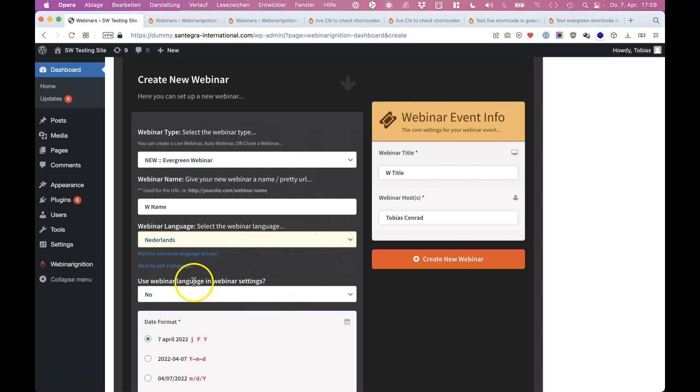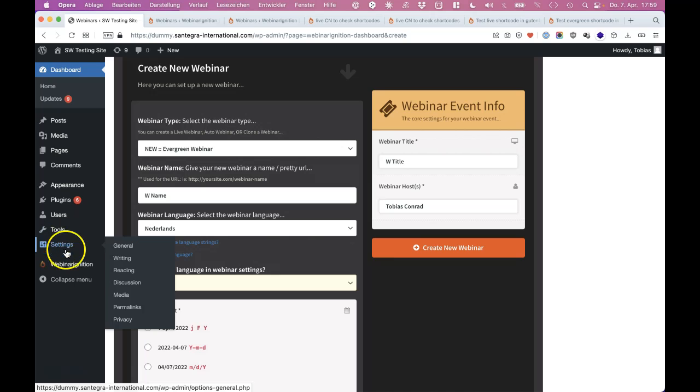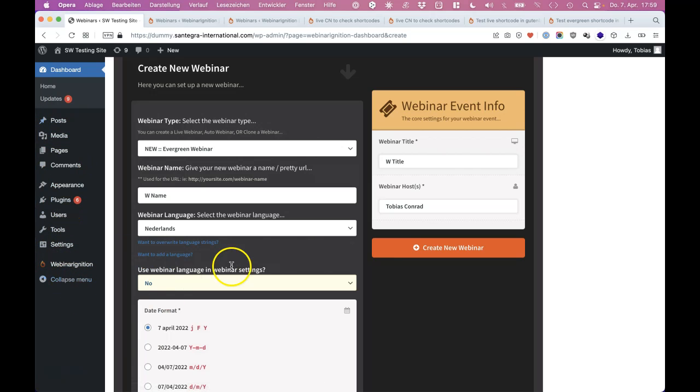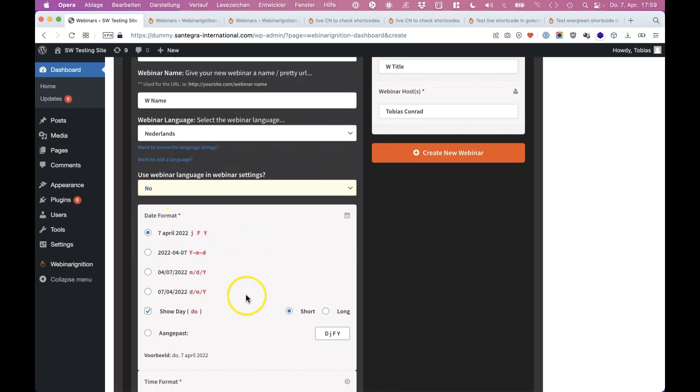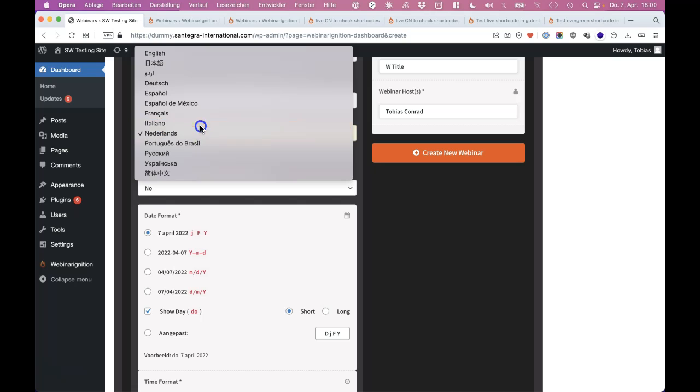Then you can choose if you want to have Netherlands as your settings language also, or only for the webinar language, so for the emails and the example texts. So now we choose default. Everything in the backend is English, and the webinar language will be Netherlands. So that's maybe not a good example. If I go for Italiano,